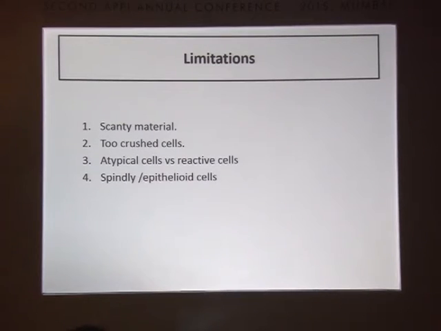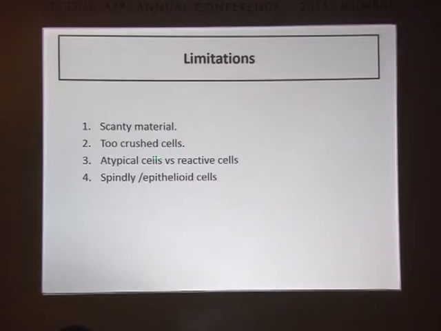It just amounts to a little bit of training if you want cytotechnologists to do it, and also for cytopathologists. On the flip side, what are the limitations? You can get scanty material, but remember they can go in again. They change the site. If the first pass is negative, the radiologist goes to a different site within the mass and takes it again. But still it can be scanty, as it is operator dependent.